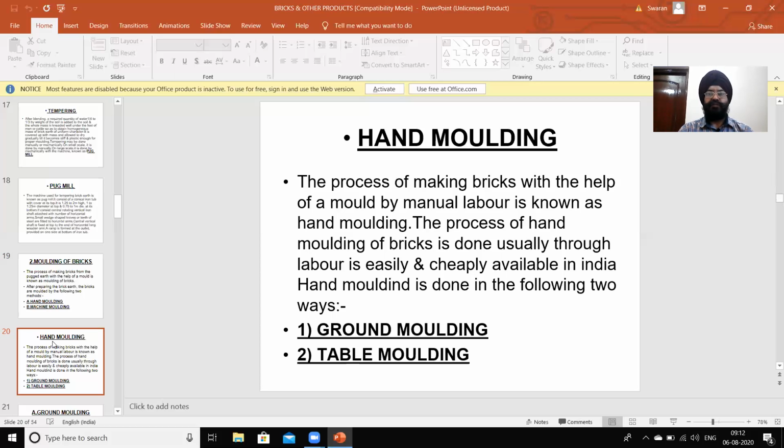The process of hand molding of bricks is done usually through labor, which is easily and cheaply available in India. Hand molding is done in the following two ways: ground molding and table molding.